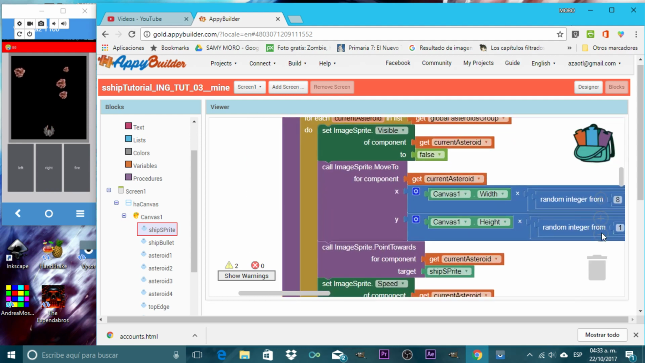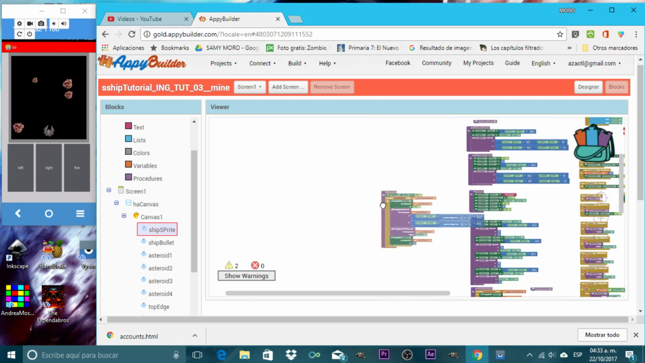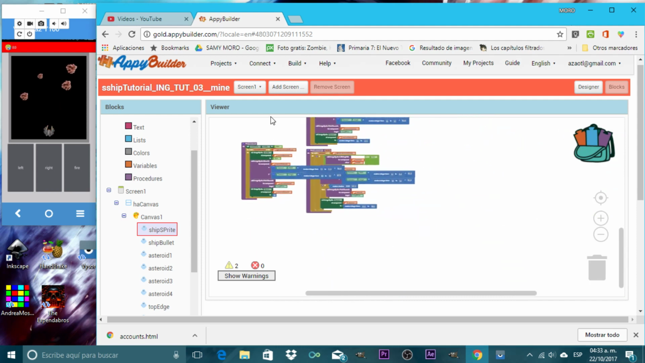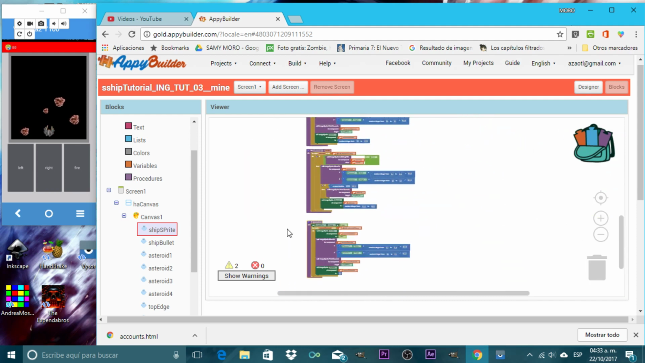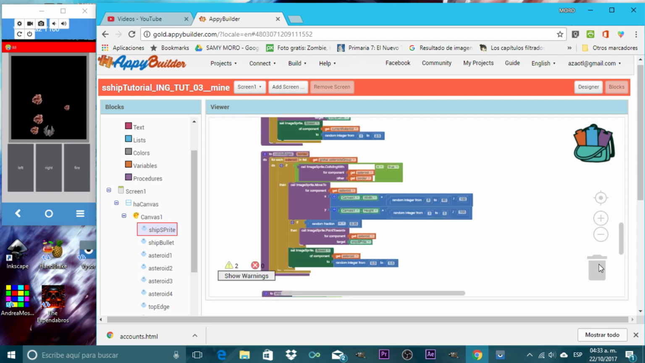Now let me just make this thing small to keep these blocks organized. Let's drag this procedure to the bottom. That's it. Now,